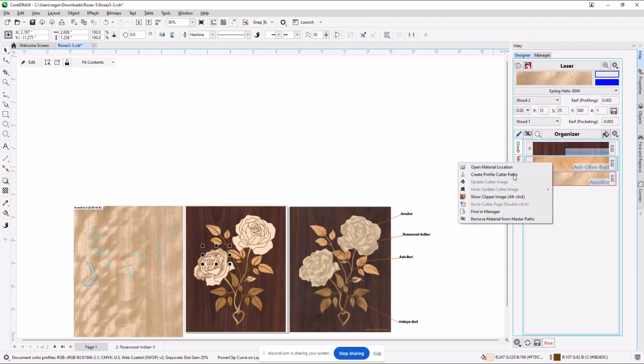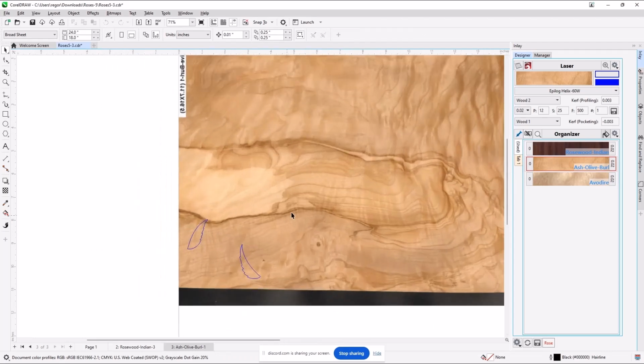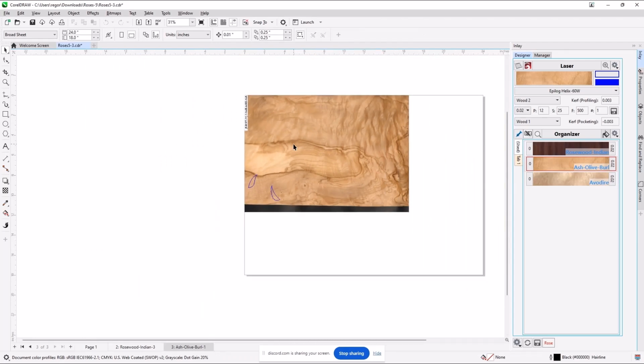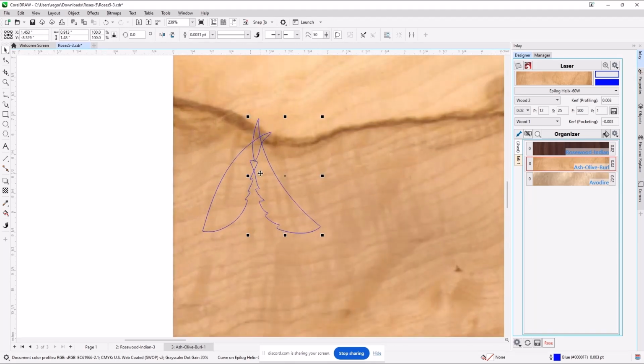Create a cutter path from what's currently placed. That one's a little better behaved. You can see them over here on the wood veneer as I was going to cut them. So the answer is you don't have to cut everything. It gets a little complicated if you don't. So when I actually do this, I work pretty hard to make sure everything is on this panel. Oh, by the way, if I move this one, I can move it all I want. I can make it a disaster when I go to cut. I can also,